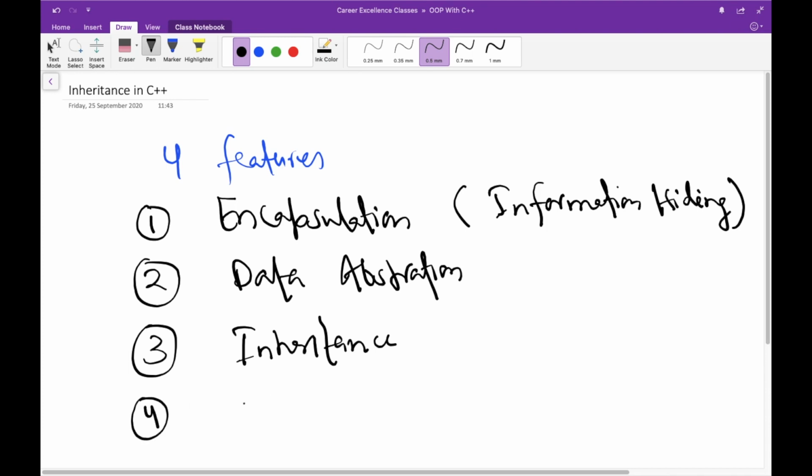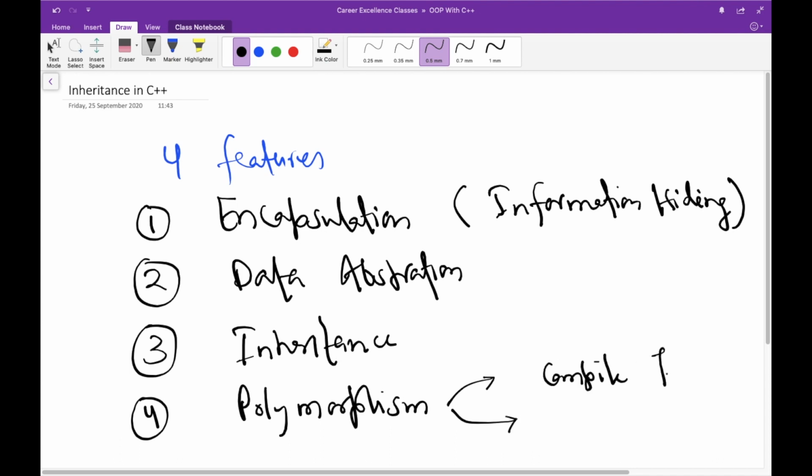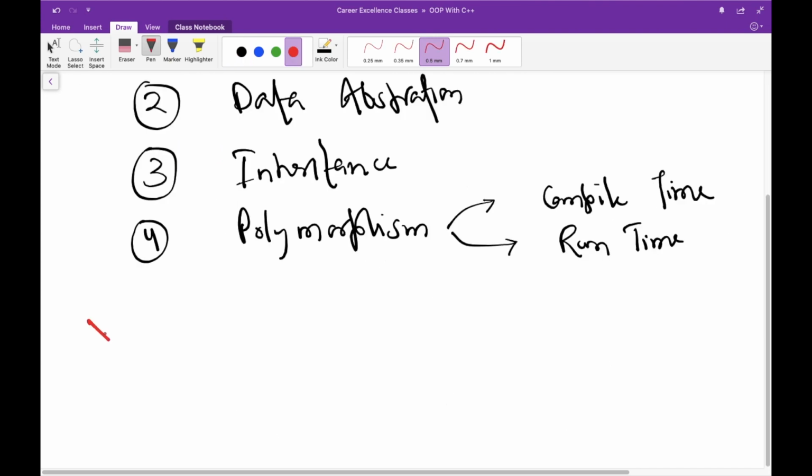And the fourth point is about polymorphism. Polymorphism basically means using one thing in multiple ways, and later in this series of tutorials you will learn two things: one is compile time polymorphism and another is runtime polymorphism, right?